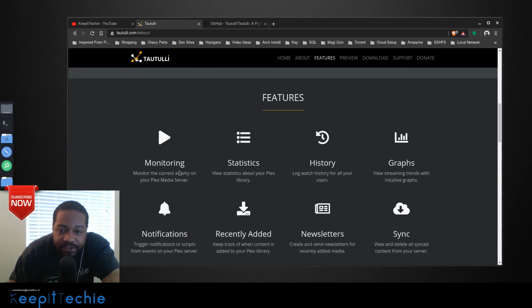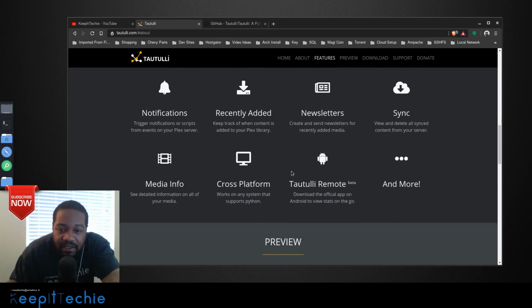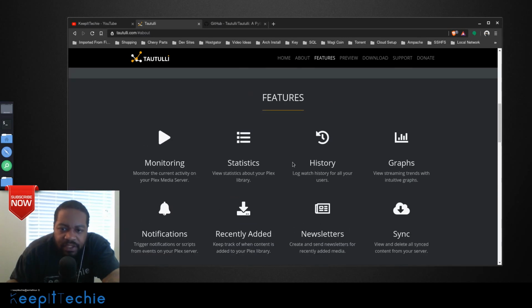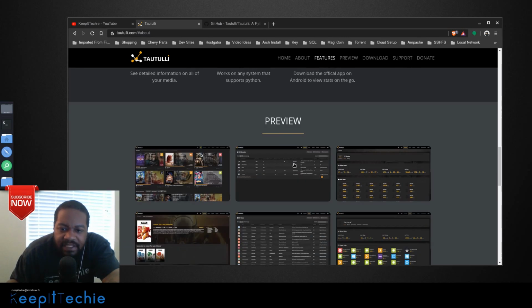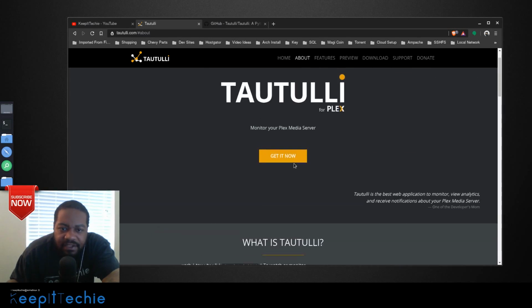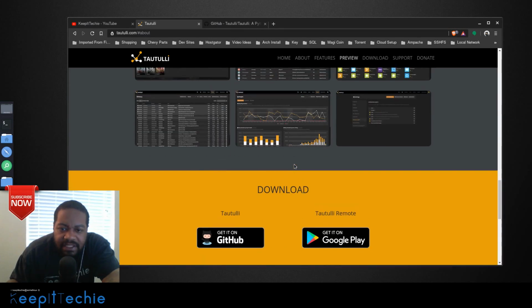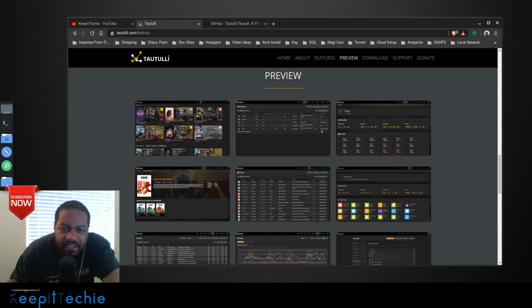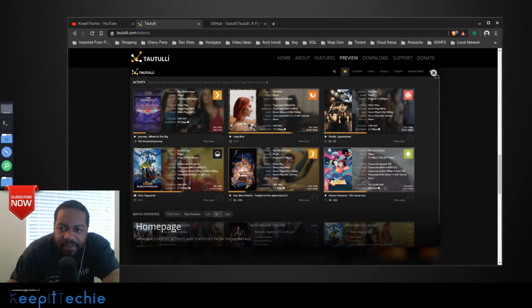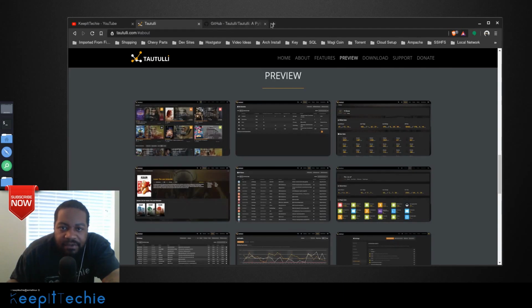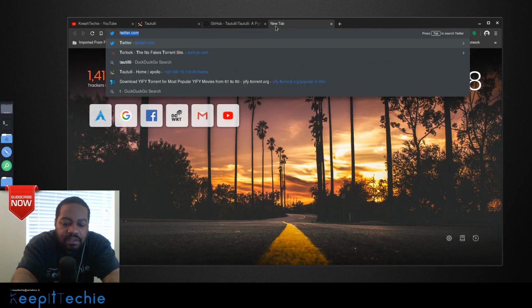And here are the features. Like I said, monitoring statistics, history, graphs, cross-platform, so it works on Windows, Linux, all that good stuff. And this is a few examples of what it looks like, and I'll bring those up. And actually, let me show you a real one. This is my server, so that I have set up,